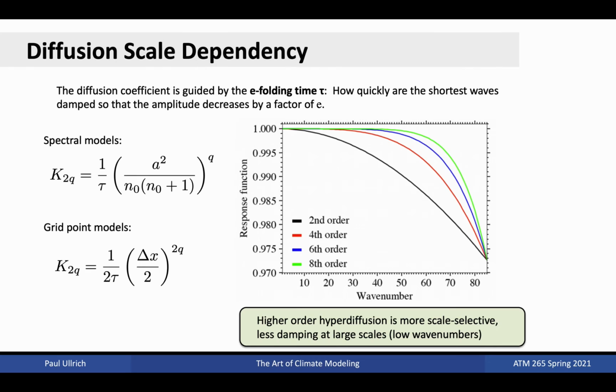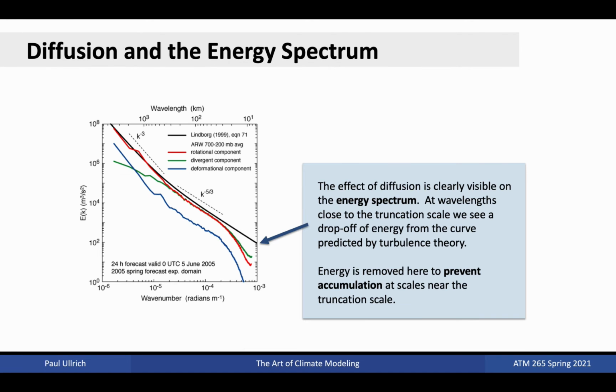The red curve shows the fourth-order operator, which is more scale-selective and affects the higher wave numbers more strongly. Subsequent higher powers of the diffusion affect higher and higher wave numbers more selectively. When diffusion is present, a clear signal in the energy spectrum emerges. We see a clear drop-off at the highest wave numbers, which is associated with that loss of energy from the kinetic energy. At these scales, diffusion is responsible for removing energy so as to prevent accumulation at scales near the